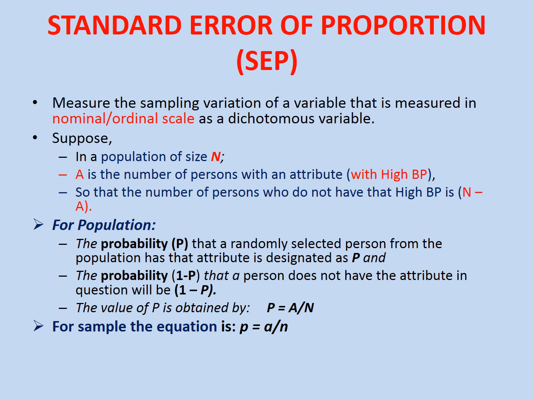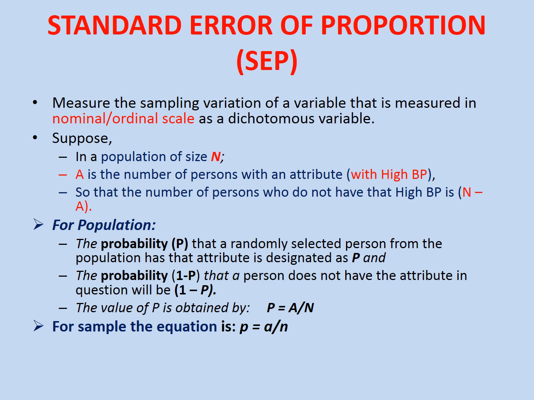As I said earlier, standard error of mean is for the quantitative data. Now standard error of proportion is for the qualitative data. In qualitative data there are two types of scales. First is the nominal scale and second is the ordinal scale. I explained this many times, but just to repeat with an example, nominal scale means your religion or your gender, that suggests the qualities, and the ordinal scale is one in which you can arrange the data in order, means your Kuppuswamy scale or the Glasgow Coma score or your Apgar score. These are examples of the ordinal scale.